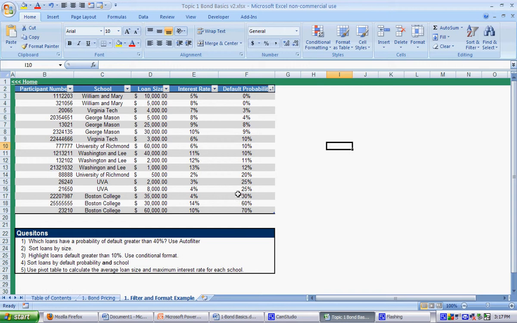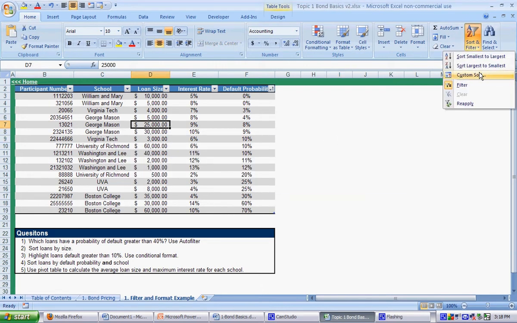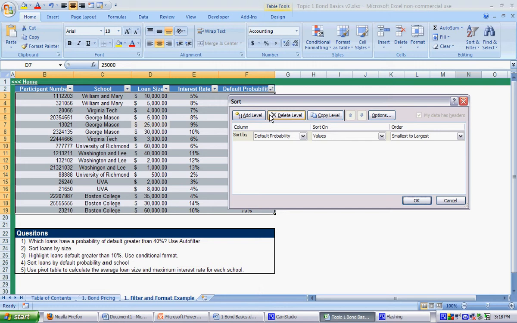So then we go to what's called custom sort. You want to make sure you're clicking within the data range. If you try to go out here and say custom sort, it won't work. So click inside, say sort and filter, custom sort, and